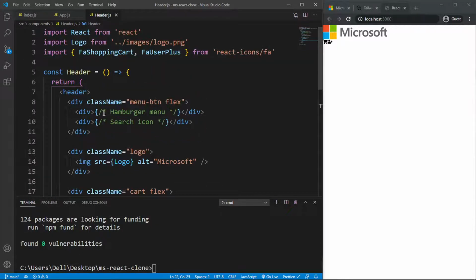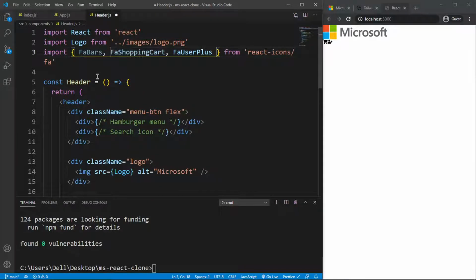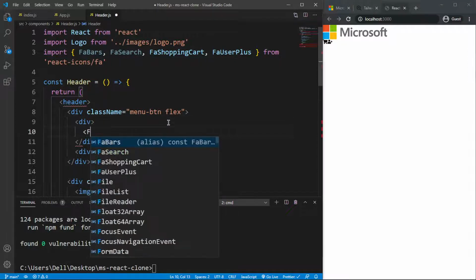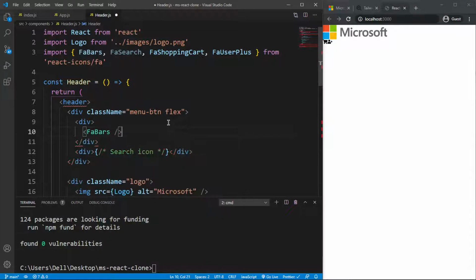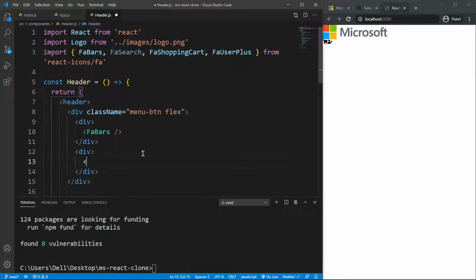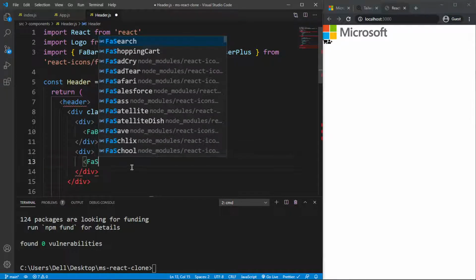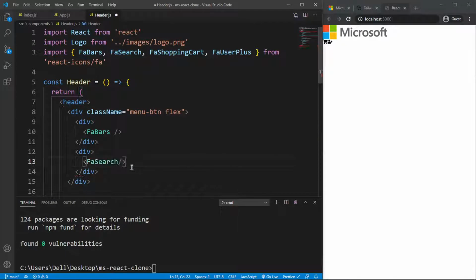And for that, we also need the hamburger menu icon actually, and the search icon. So let me see if I can remember these classes. FaBars should be, and then FaSearch like that. So let me replace this and say this should return FaBars like that, and then this should return FaSearch. I hope that's it. Let's see, and we have it right there. Okay,